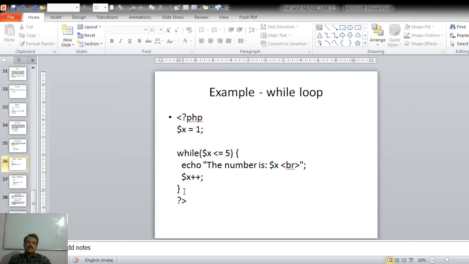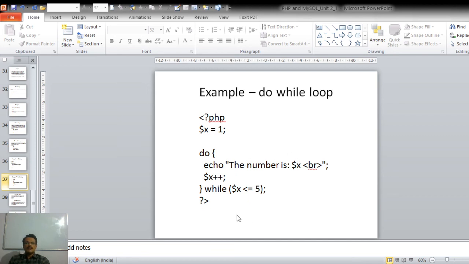Now identify the difference. Here we have written the condition initially, before entering the loop, and in the do while loop we have written the condition after completing the loop. So in order to exit from this loop, we are checking the condition. The same program can be rewritten by using a do while like this. So x is equal to 1, do.